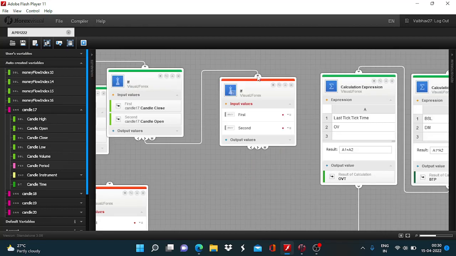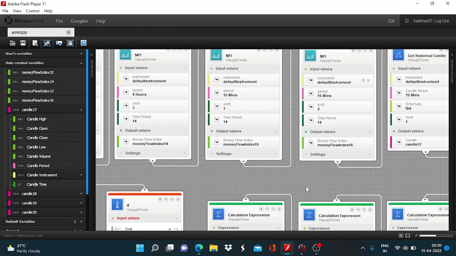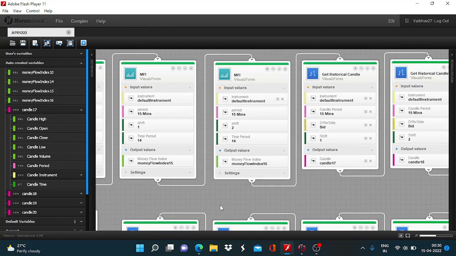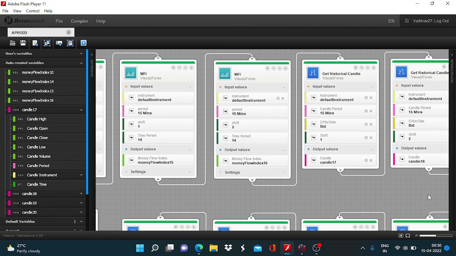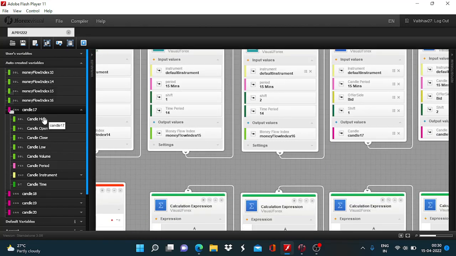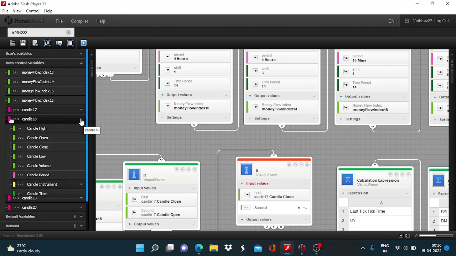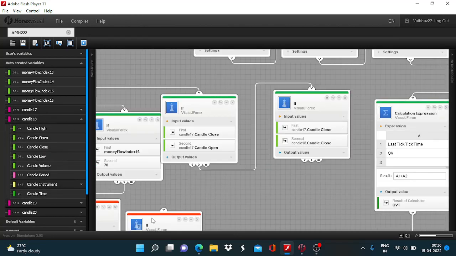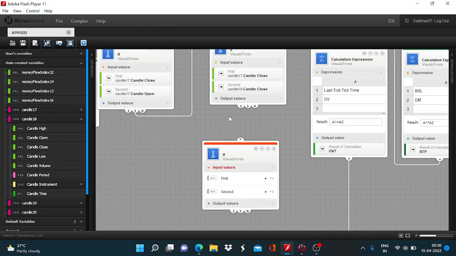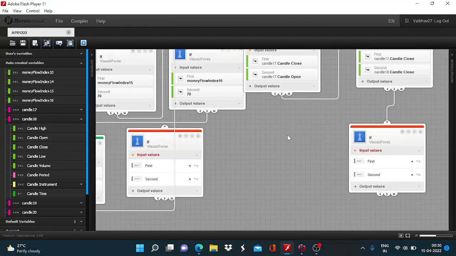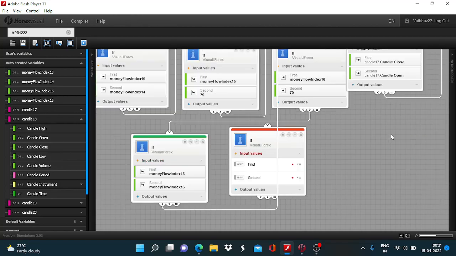and candle 17 candle close needs to be higher compared to the closing value of the second last 15-minute candle. So we take again candle 17 candle close and compare it with candle 18 candle close. All right, so we have first input greater than second input. All right,